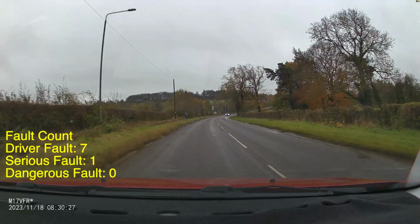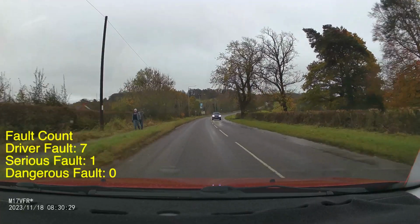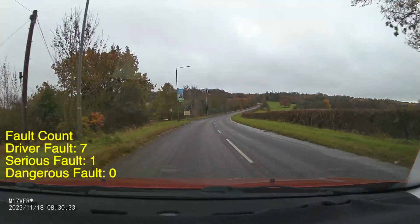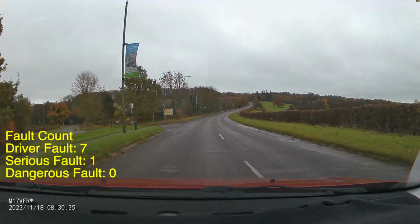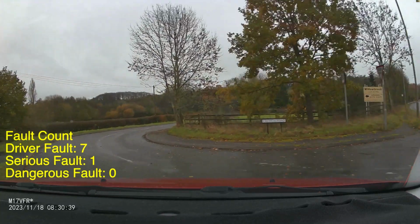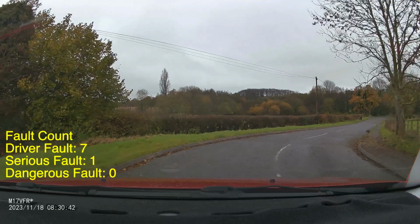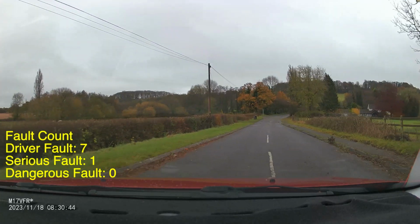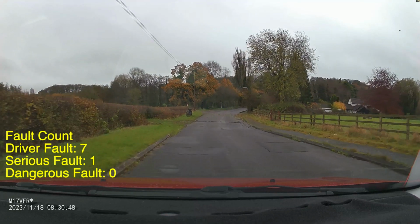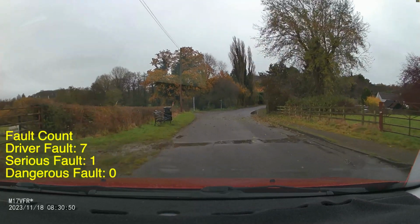We're going to be taking this next left, and it's quite a tight corner, so of course the aim is to slow down nice and early, forcing the traffic behind to slow down with you. You're not turning in and slowing down on the corner, letting them get too close. Notice the 30 mile an hour sign as we turn as well, and you can see how tight that is. Pupil does a really nice job slowing on the approach, bringing the car in nice and slowly and coordinating around